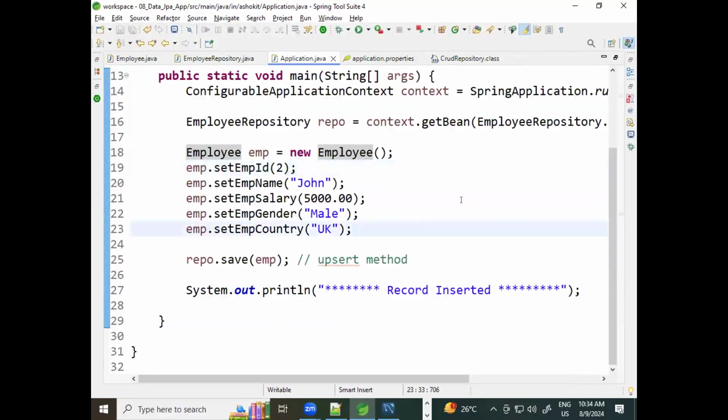Now, if I run this program again, what will happen? It will select the record with the ID 2, available or not available? Available. Then compare. Entity data, table data, same. It is same. Then